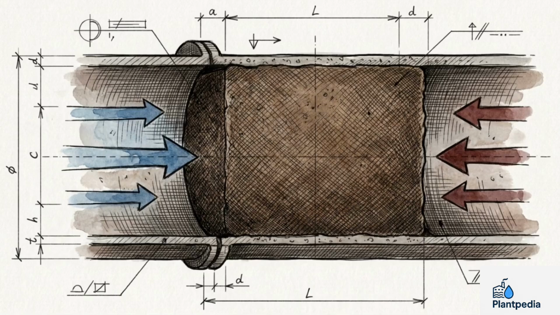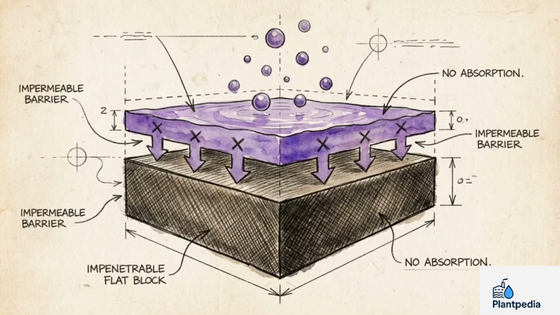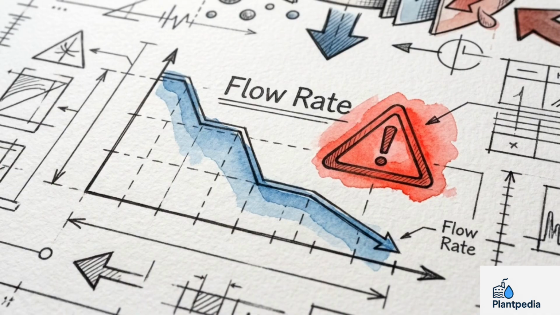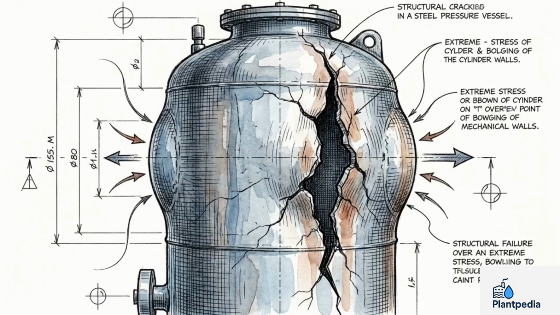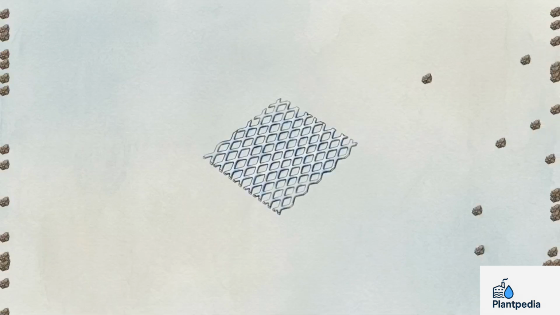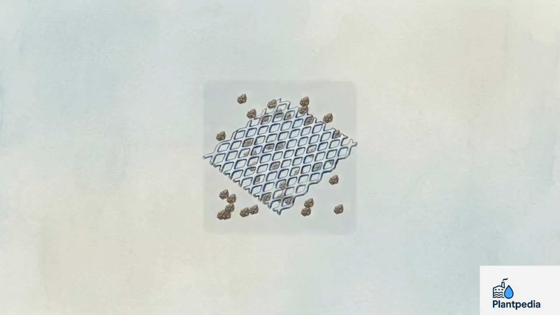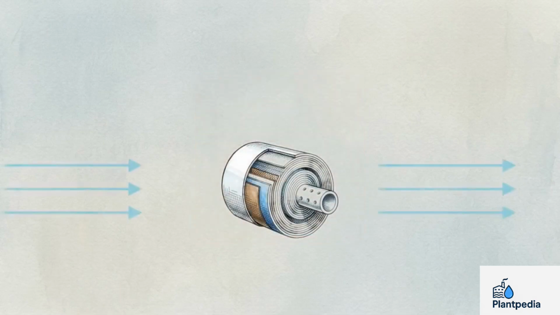Because the compacted layer loses all porosity, it acts like a concrete wall. Chemical recovery becomes physically impossible. The chemicals cannot penetrate the dense layer, and the membrane is permanently blinded. Irreversible flow reduction is the first symptom in a seawater system, but the secondary consequence is a fast-moving mechanical failure cascade. In this 3D wireframe, inelastic compaction blocks the feed channel spacers, creating a bottleneck that triggers a rapid spike